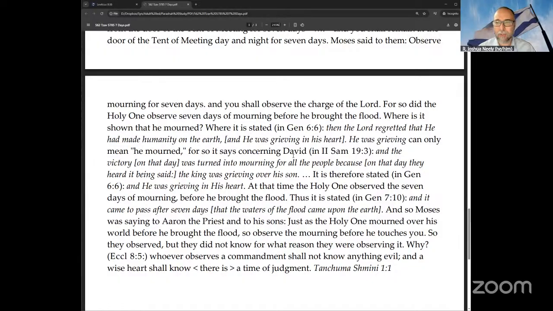"For so did the Holy One observe 7 days of mourning before he brought the flood." All right, wait, what? I love the fact that Midrash can jump around like this because it forces us to look at the tapestry of the text in a completely different way. So why is this considered God's charge, God's watch, God's shmirah? Well, because God did the same